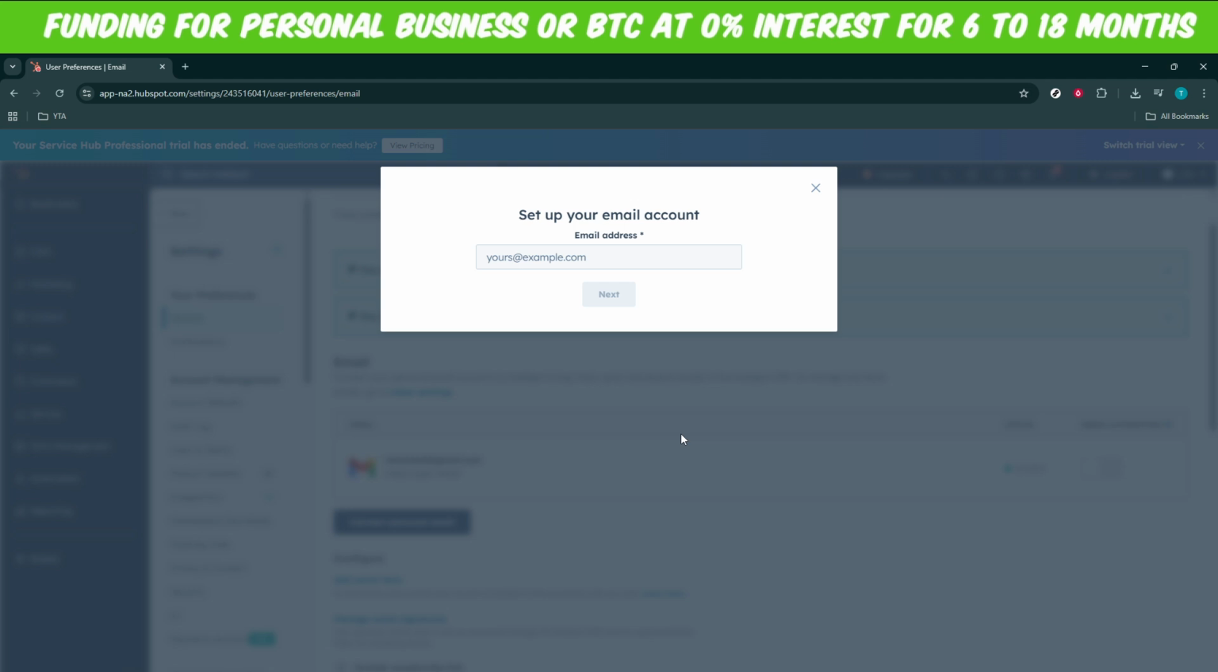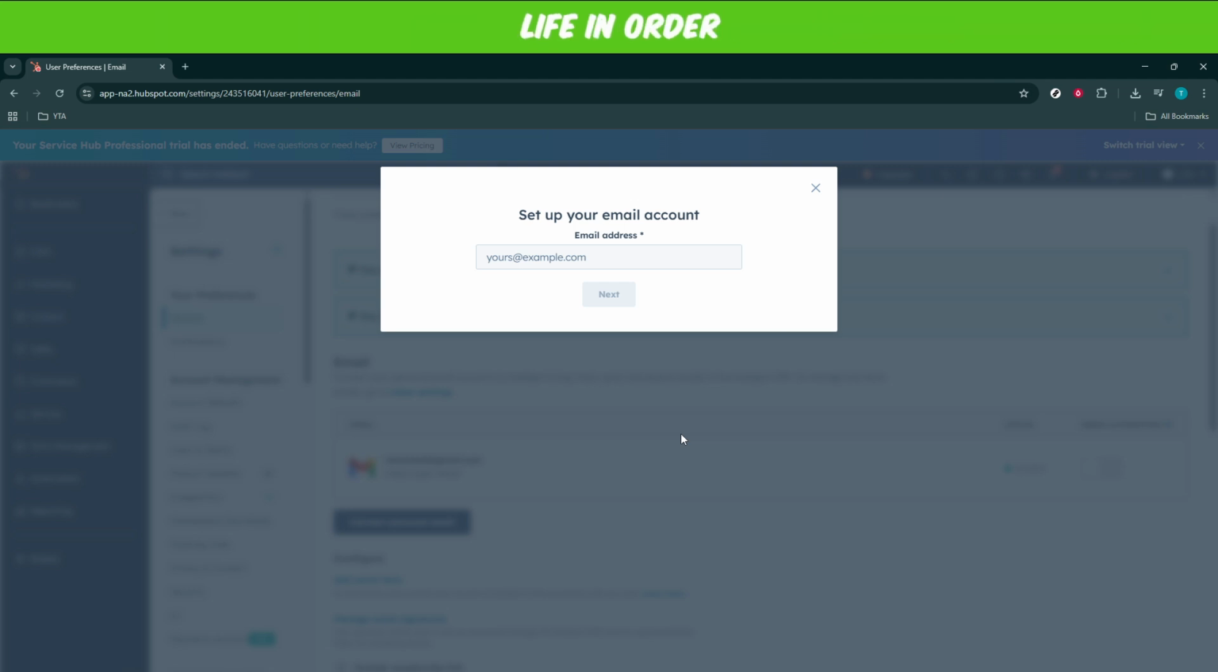And there you have it. By following these steps, you should have your personal email connected to HubSpot in no time. This setup will enhance your workflow, allowing you to manage communications much more effectively. Remember, having everything integrated makes tracking your interactions simpler and boosts your productivity by giving you more time to focus